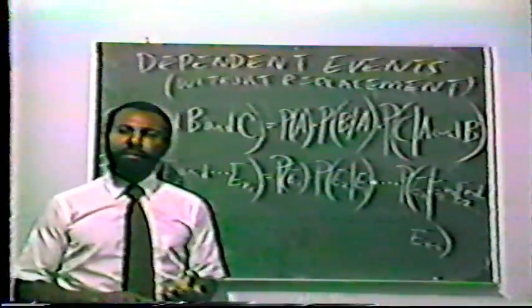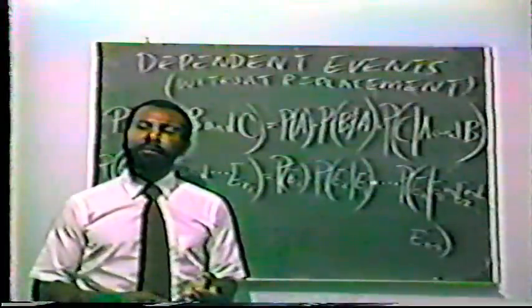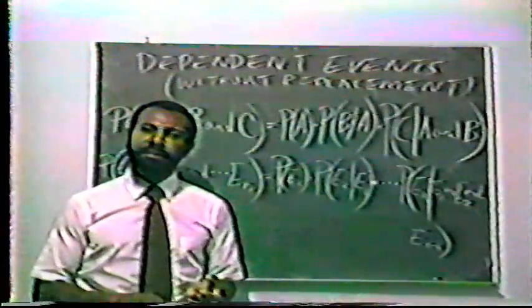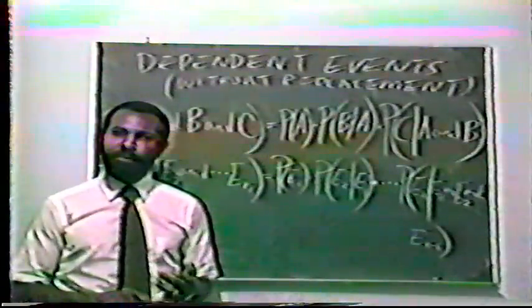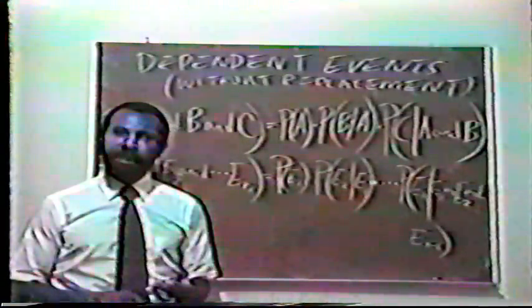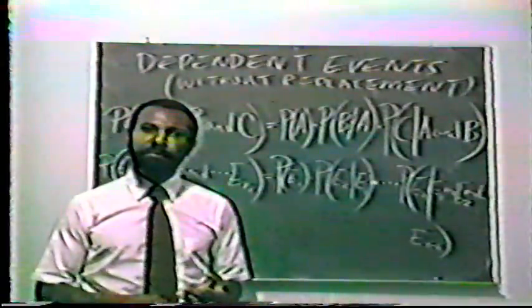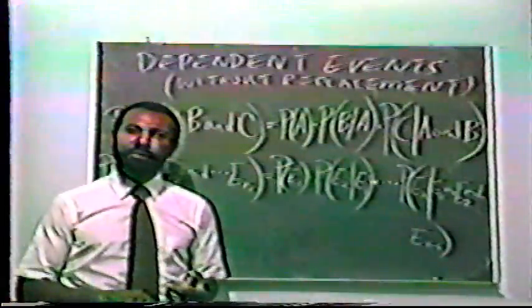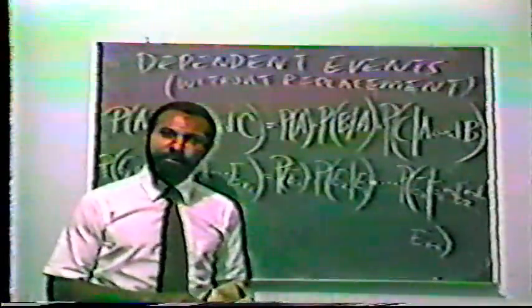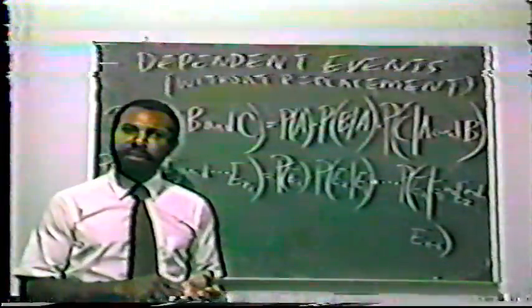If A and B are independent events, the probability of A and B equals the simple probability of A times the simple probability of B. If A and B are dependent events, then the probability of A and B equals the simple probability of A times the probability of B, given